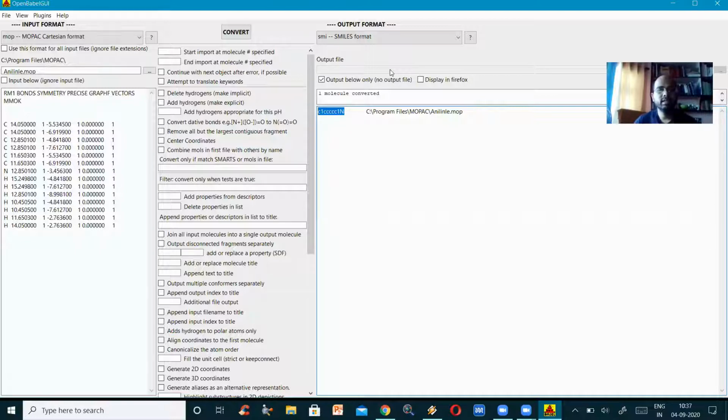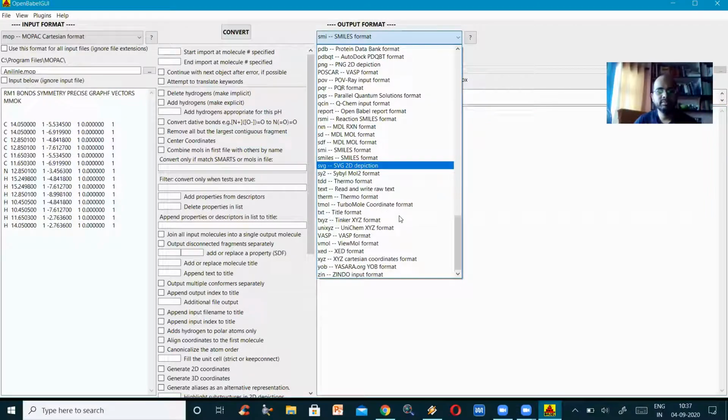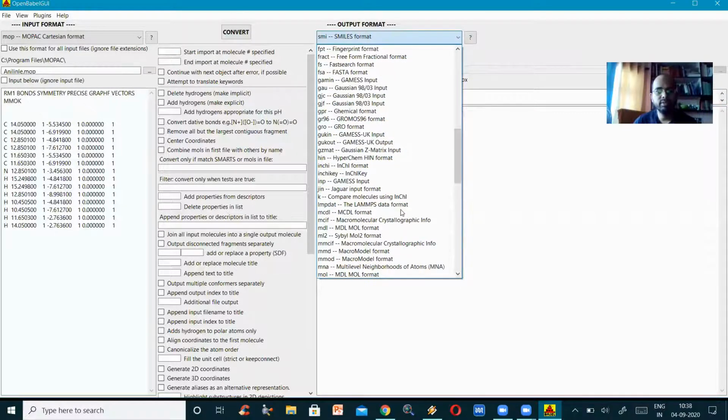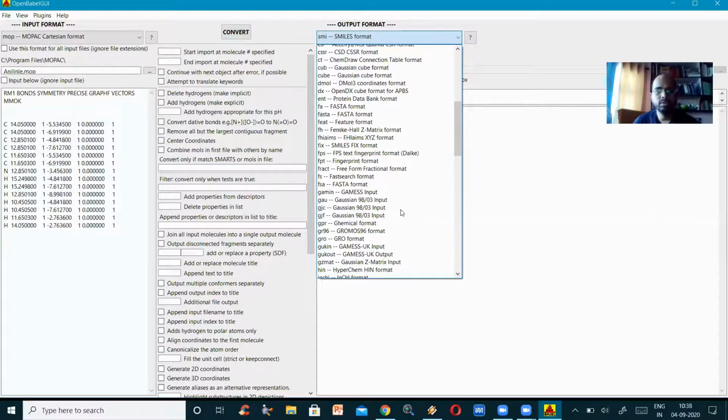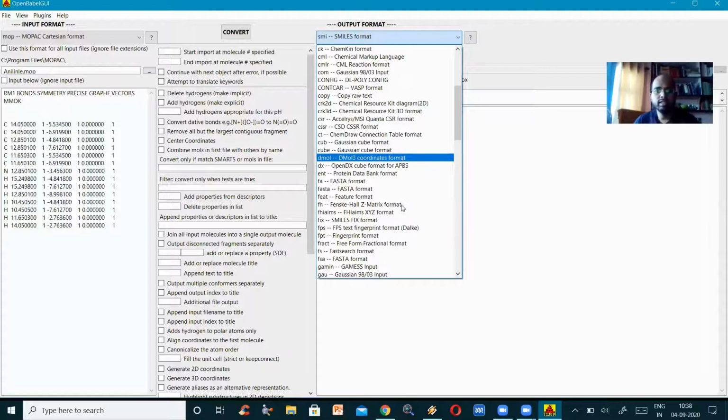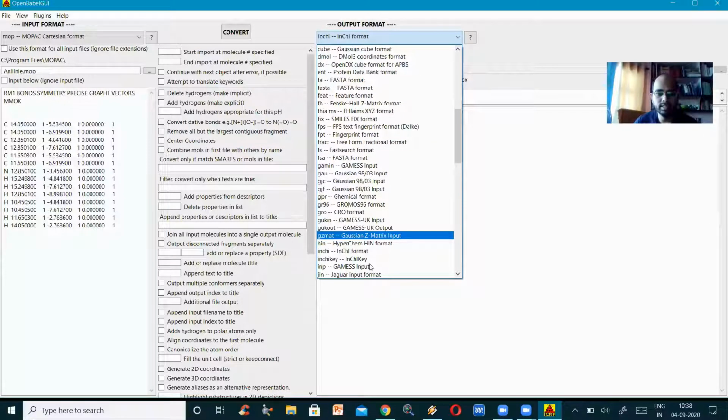That is how I highlighted it. Or I just want some other format. Let me see what format is there. I have to put an input into GAMESS or Gaussian. You can just go for it, then I can see that GAMESS input is there.